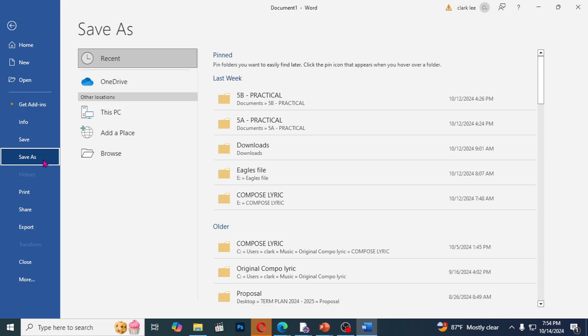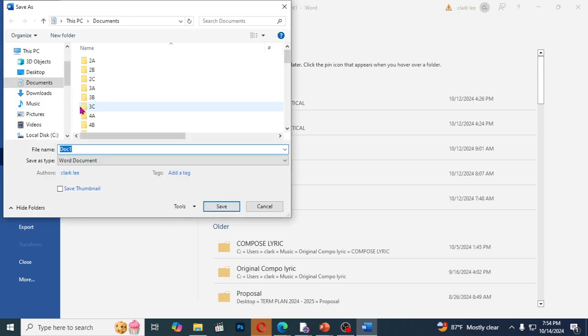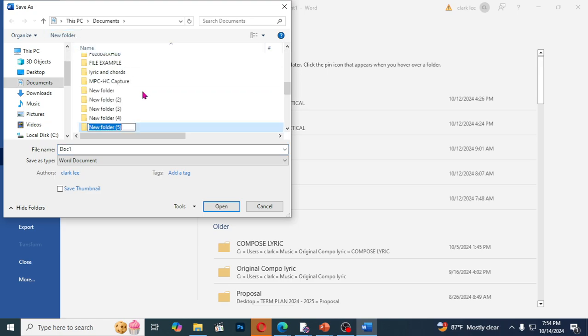And Save As if you want to save a new copy or save an existing document with a different name or location. So Save As, and then let's go to Browse, and you can create a new folder if you want. For example, name the folder My Folder,